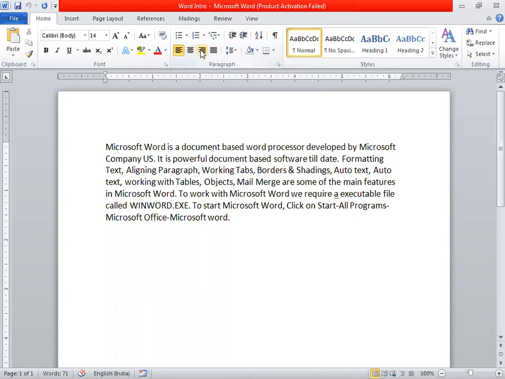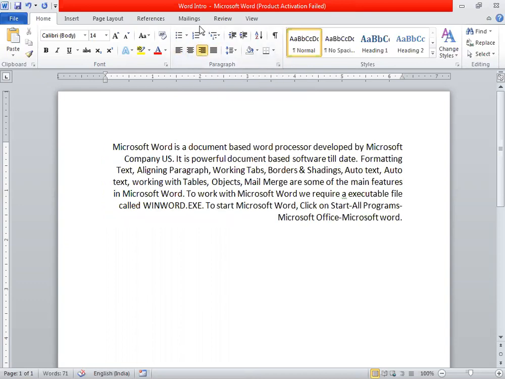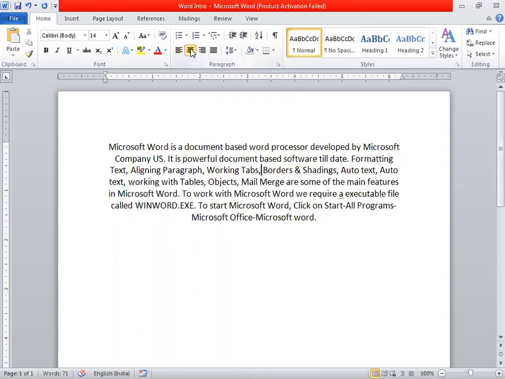When you click on the right alignment, we can see the right side text position is proper, whereas the left side is random. Suppose we click on the center option, you can see how the alignment is. Whenever there is the body of the matter, the body of the matter must be aligned in justify. To align with justify, we can click on this justify option.